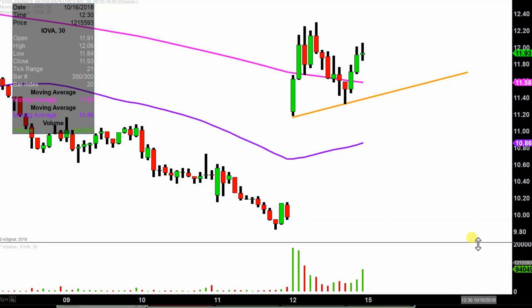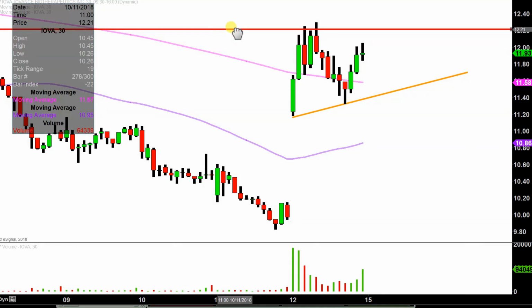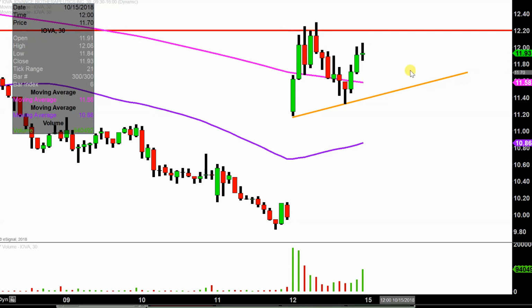Now, what about levels of resistance? As far as where the sellers are hanging out at, I think the main level seems to be right here around $12.20. I realize the price did technically go up above that level a couple times, but for the most part, I think we can all agree the main point of general price congestion is just right around that area